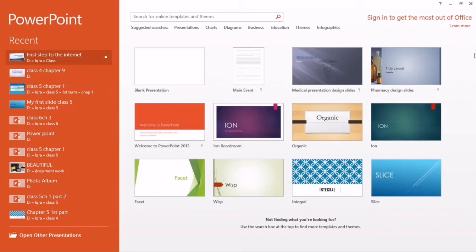Now today we learn about the third thing, which is templates. So what are templates? You can see here "Search for online templates and themes". These are also the same as themes, but if you search from the internet, you can search for your particular topic for those slides. For example, if I write here nutrition, and search this,